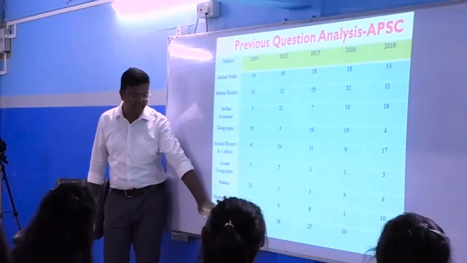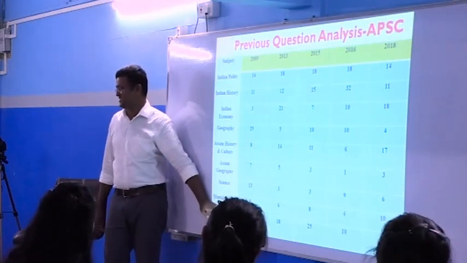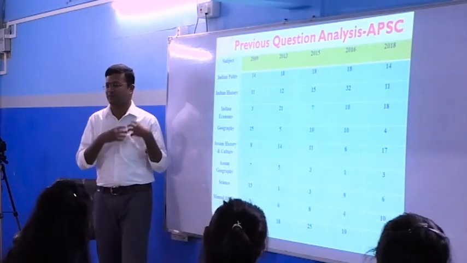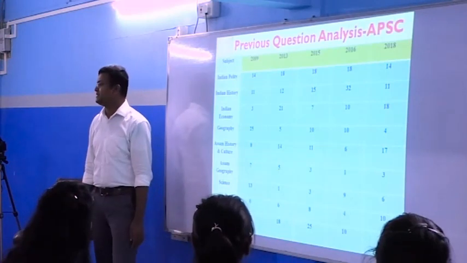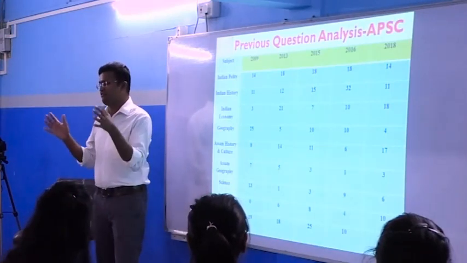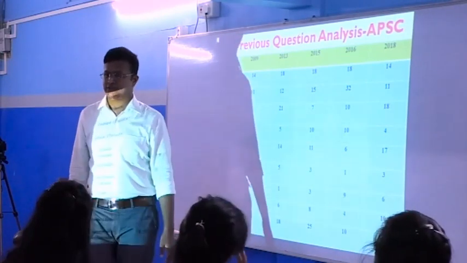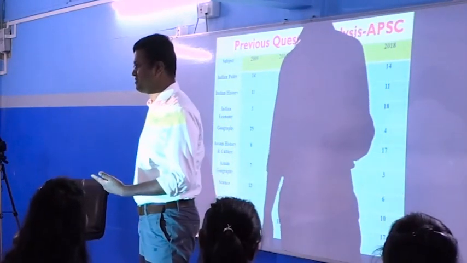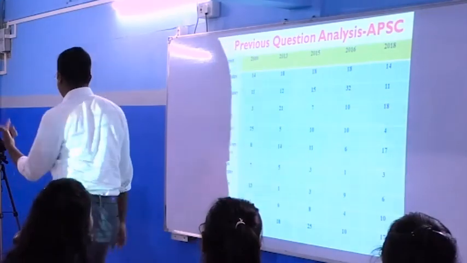From here, mental ability: if you have the mental ability, you will get it, and otherwise it is tough, because mental ability means the way should crack in your mind very fast. Then current affairs. For current affairs, everybody will tell you that you have to read the Hindu or the Assam Tribune. Assam Tribune and the Hindu.